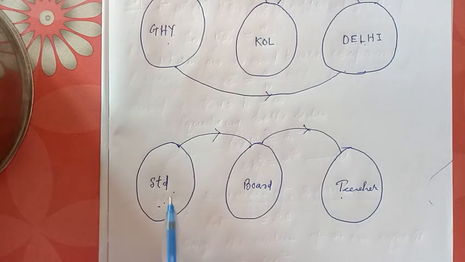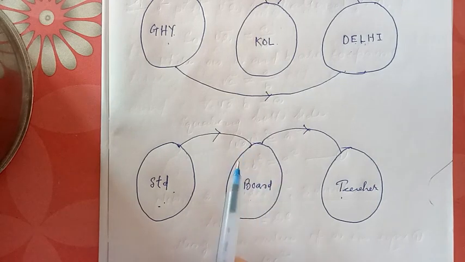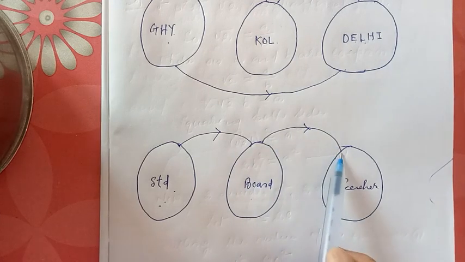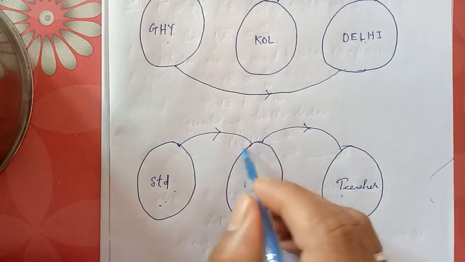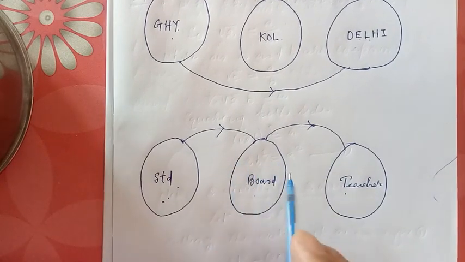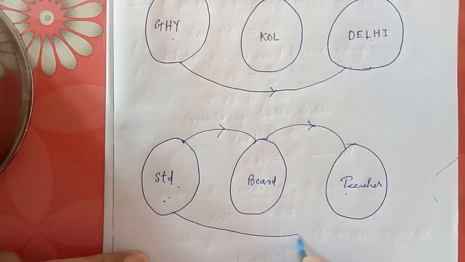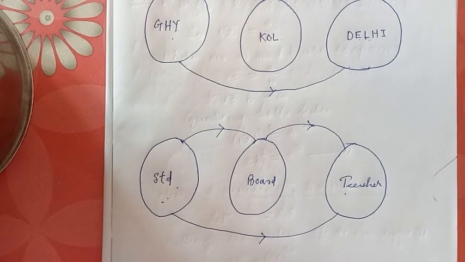So what happens is, when the student gives the paper to the board, their roll number is converted to some code, and this copy is given to teachers. But the student is not interested in this in-between process of making the code and giving it to the teachers. The student is only interested to know the result. So this type of setup we make mathematically is known as the composition of functions.